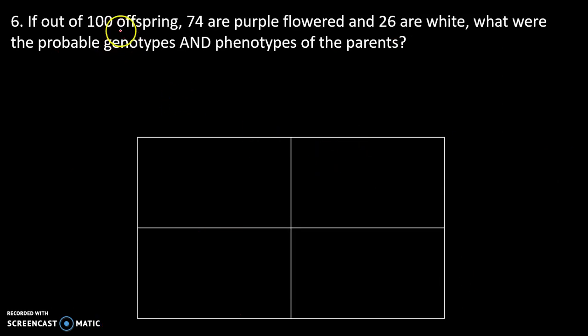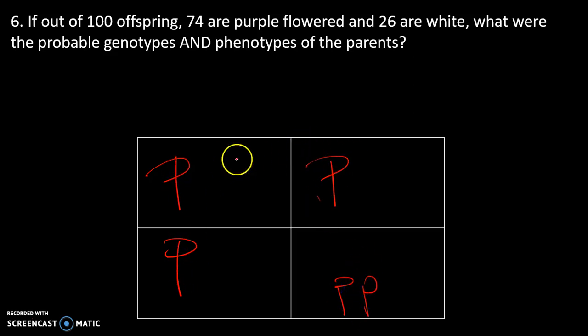So if out of 100 offspring, 74 are purple and 26 are white, what are the probable genotypes and phenotypes? So let's think about this for a second. 74 and 26 out of 100, that's pretty darn close to 75 and 25. So again, if I have 75%, or 3 out of the 4 that have capital letters,